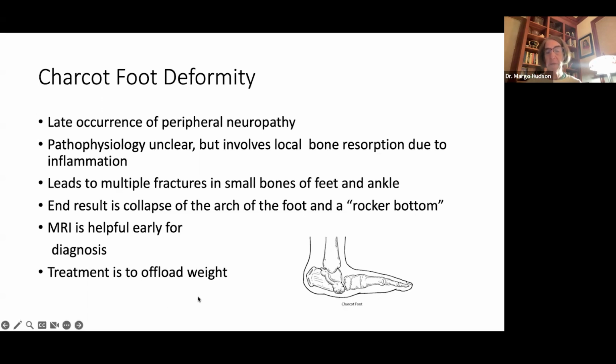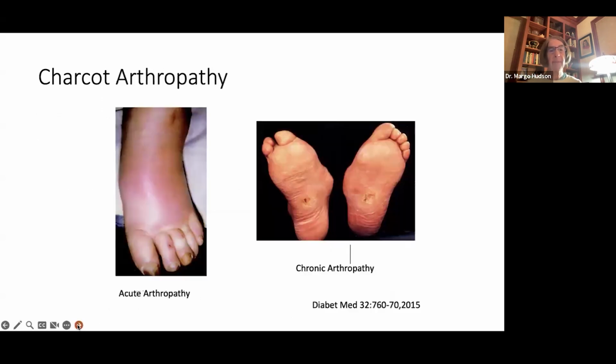Some of our orthopedic surgeons will cast a foot like this to help stabilize it. So this is an early stage. This is really when you can help the patient the most to prevent the late complications. The problem is, of course, this could be multiple things: cellulitis, DVT. There are many, many things that look like this. You have to think about it in the right clinical setting